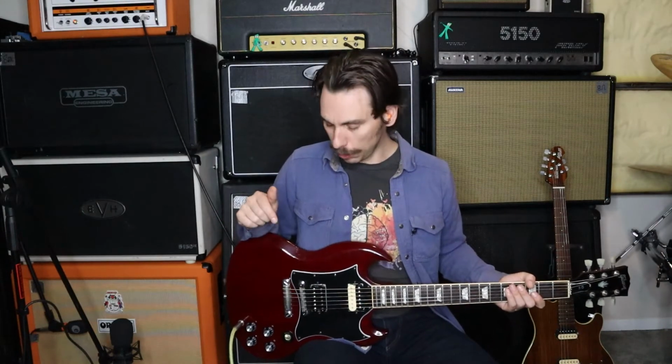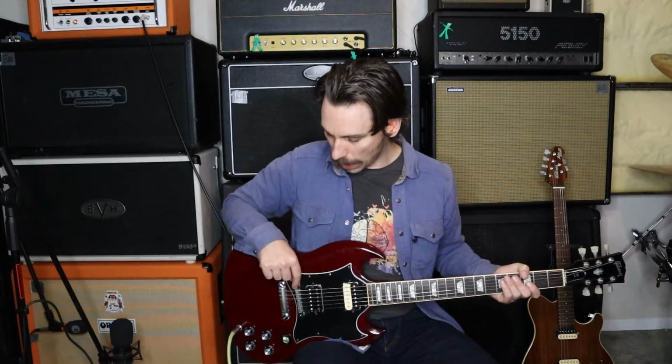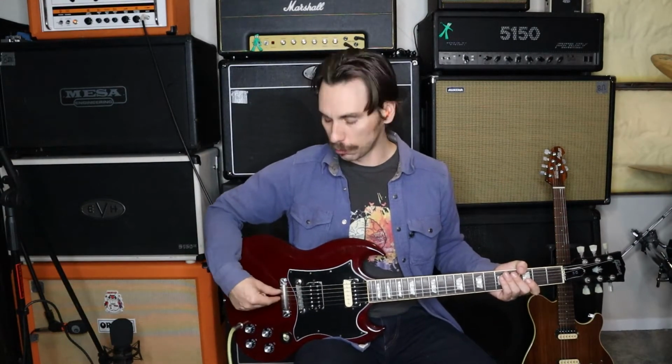Since this is my first time with an ABR1 bridge, I don't know if that's true or not, but what I can tell you is, boy, it looks awfully flimsy. These 2 little screws going right into the wood with a lot of threads showing here. Seems like you could induce tension one way or the other and really knock that bridge out of whack. So I'm kind of glad that they went away from this style, but some people swear by this bridge, and we'll see if it makes a noticeable difference. Other than that, the previous owner has wrapped this over the top of the tailpiece. I think that I might try to swap that around. I don't know, we'll see what happens when I tear this apart, but I tend to like avoiding a wrapped tailpiece. So we'll see. But for now, this thing plays really well, stays in tune perfectly, and the bridge pickup